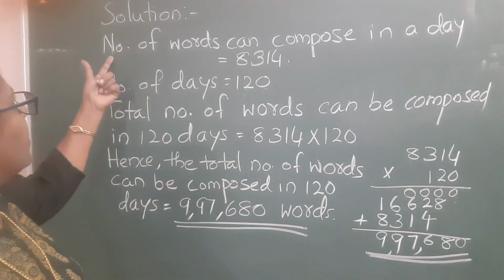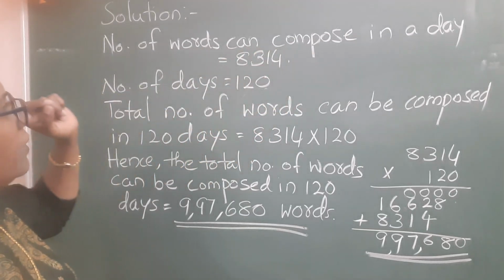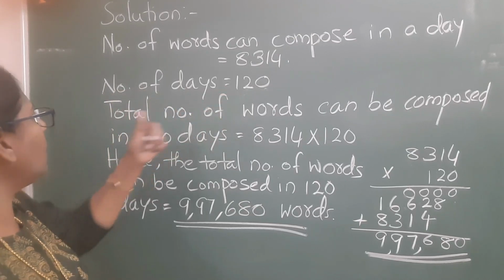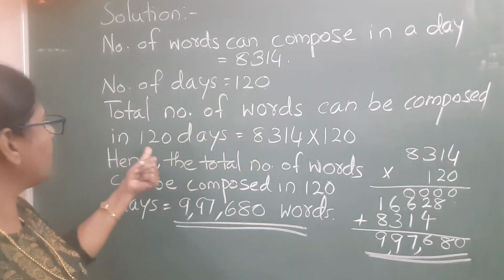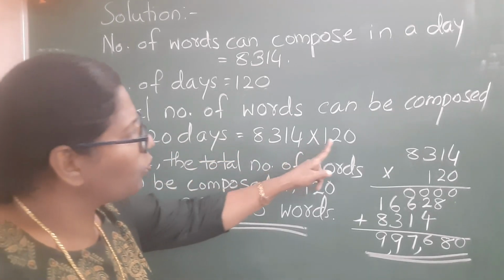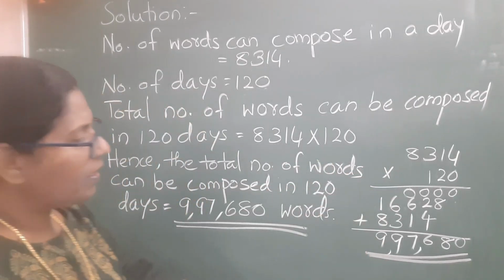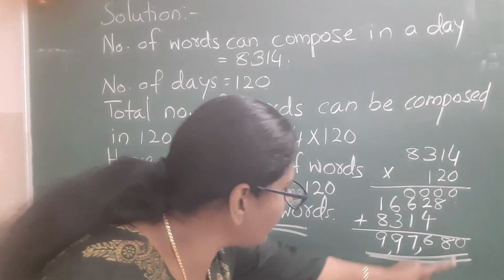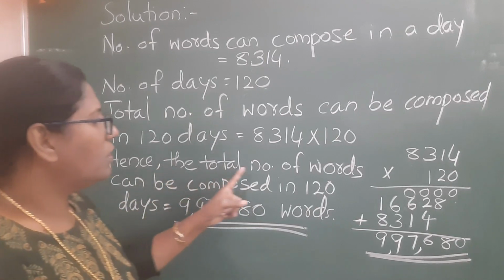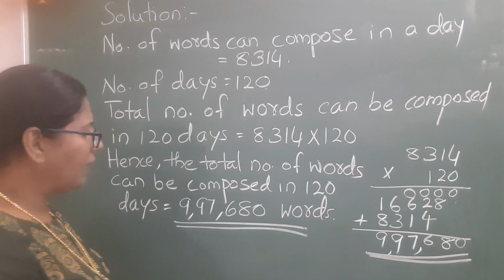So we wrote the statement: number of words that can be composed in a day is equal to 8,314, number of days is equal to 120. Total number of words that can be composed in 120 days is equal to 8,314 into 120. That we multiplied here and we got the answer 9,97,680. So the last statement we wrote: hence the total number of words that can be composed in 120 days is equal to